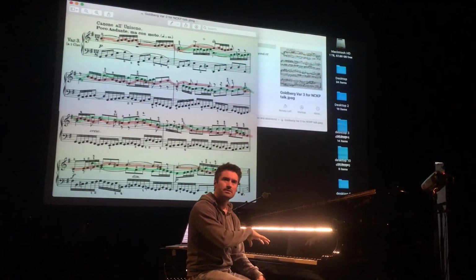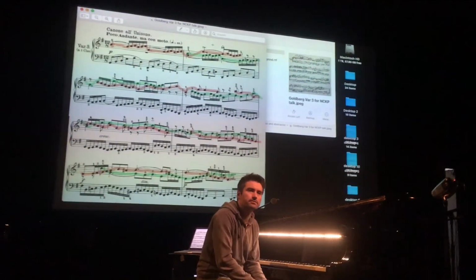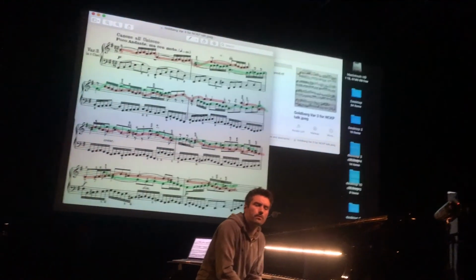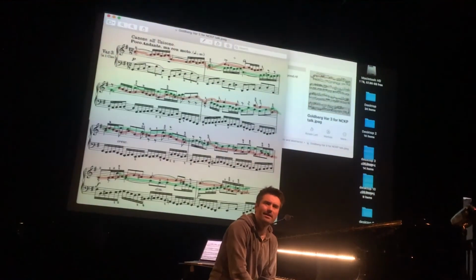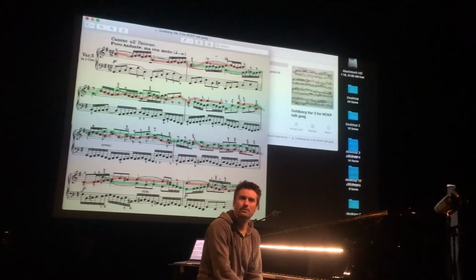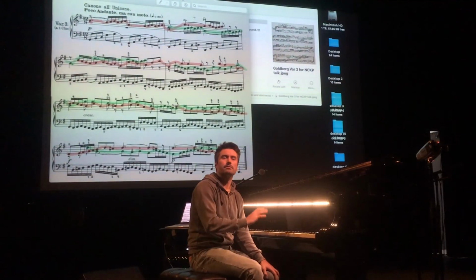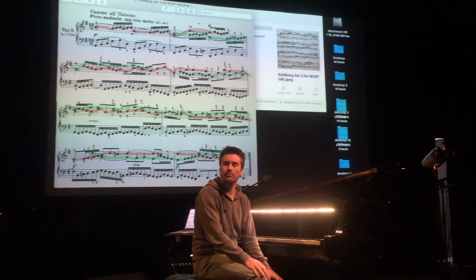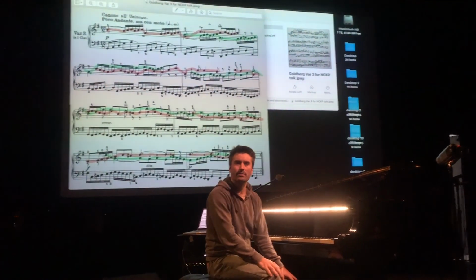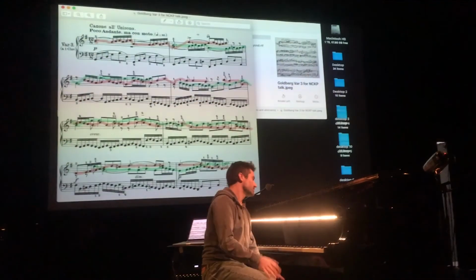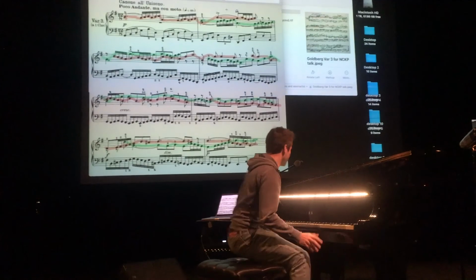And then I discovered this instrument, the Yamaha Disklavier, and I asked myself, can I get the computer to do that work for me? Can I get the computer to do the canon for me, so I don't have to think about it so much? I mean, don't get me wrong, thinking about it is actually really fun, but